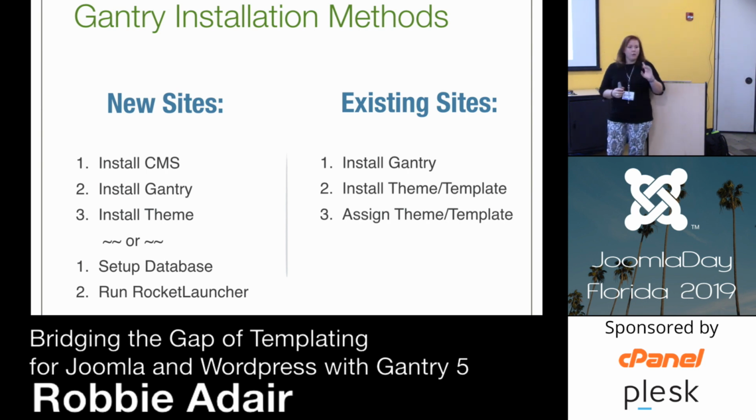The second way with a brand new website, if I wanted to, is they offer something called Rocket Launch. Rocket Theme, Rocket Launch. And what a Rocket Launch is, they've already put it all together for you. They've put Joomla, they've put the Gantry plugin, and they've put whichever theme you pick the Rocket Launch of. And so then you just literally unzip that package, you make a database on your server, and then you run the setup. And boom, you've got a website set up. The CMS, the theme, and the plugin are all in there. So that's a new site.